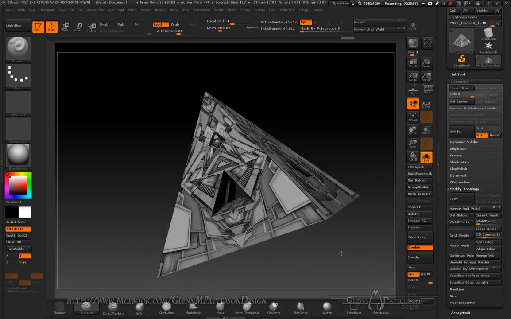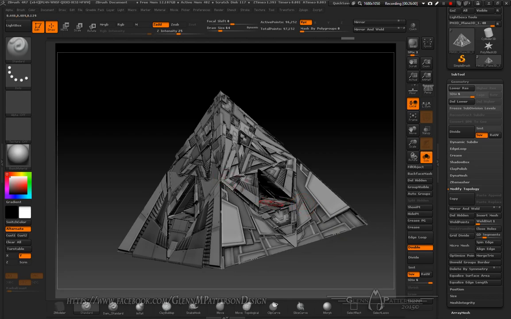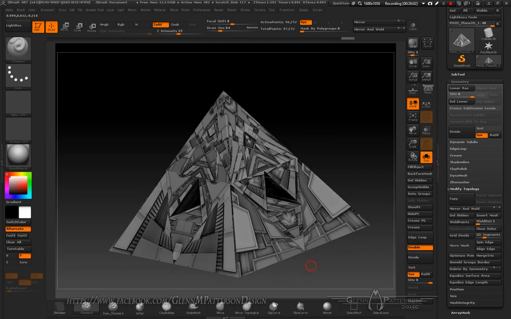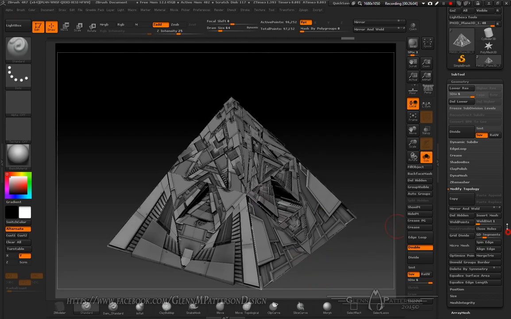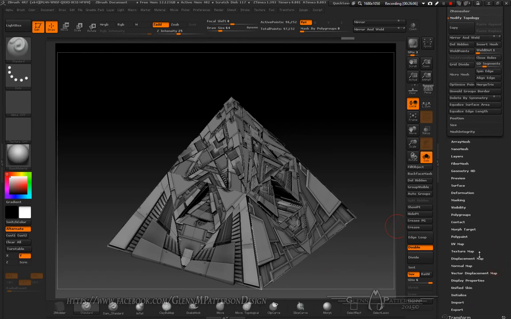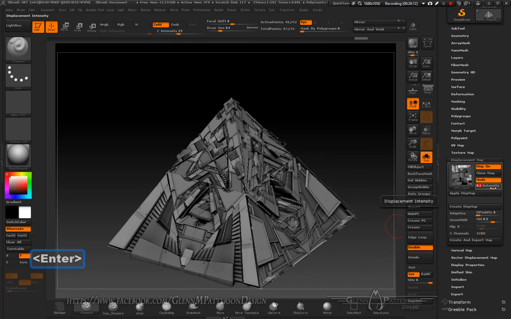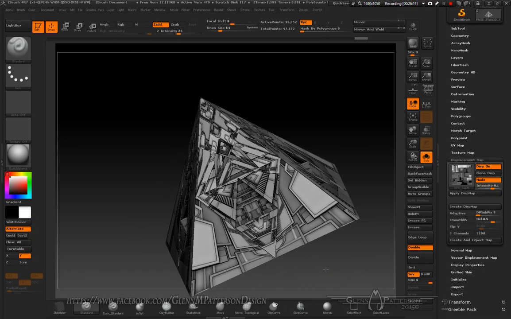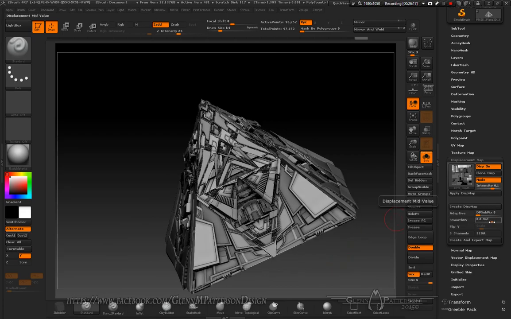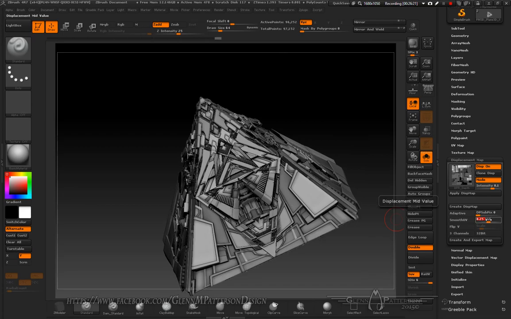Alright, so we got him up to a decent resolution to where we can see how it's working. And the displacement is pretty low, so we can go ahead and bump him up. Let's just try a 0.1. Alright, not looking too bad there. You can modify it by changing this mid-level. If you drag it down, it pushes everything out more. If you go above 0.5,